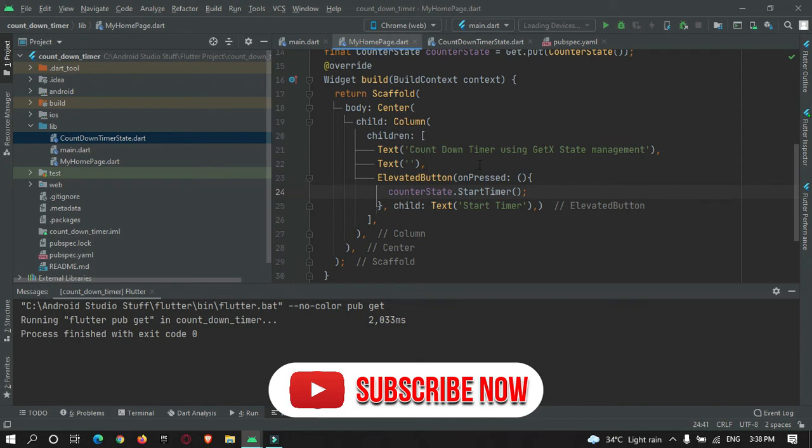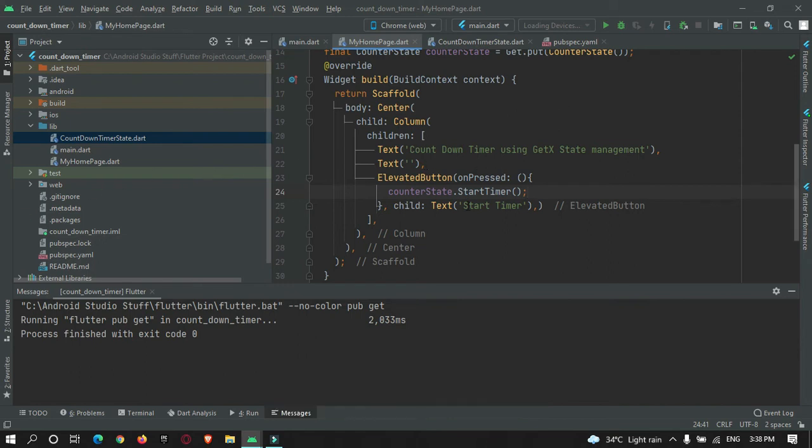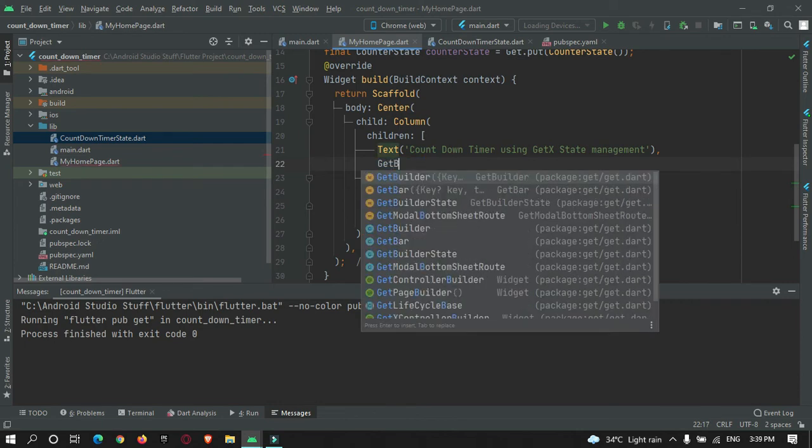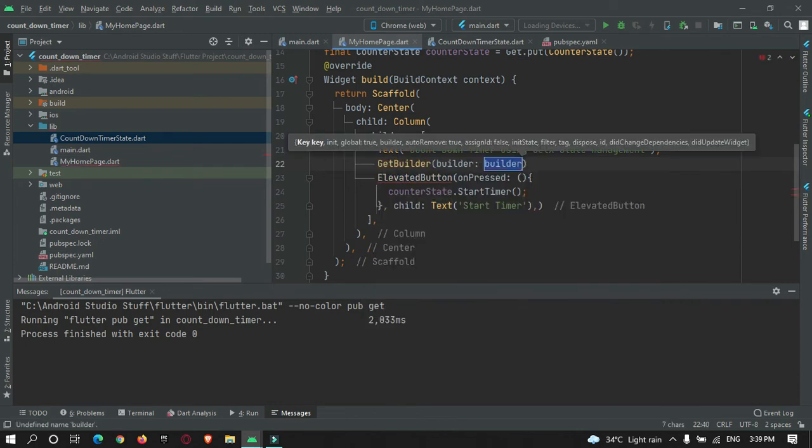For that we make use of GetBuilder, and inside this builder you need to show a text widget.